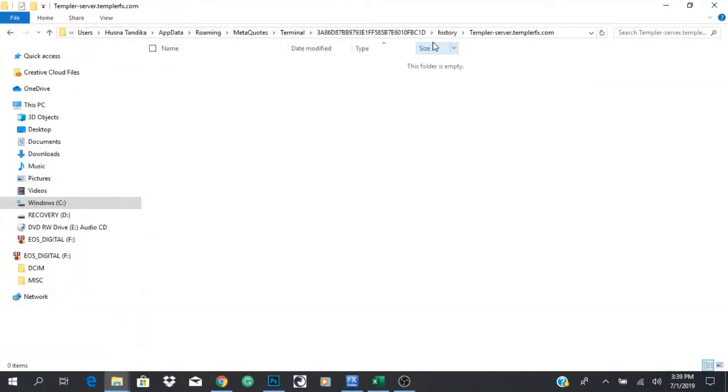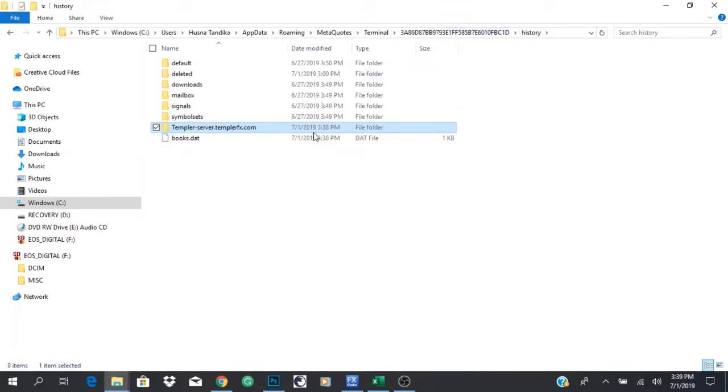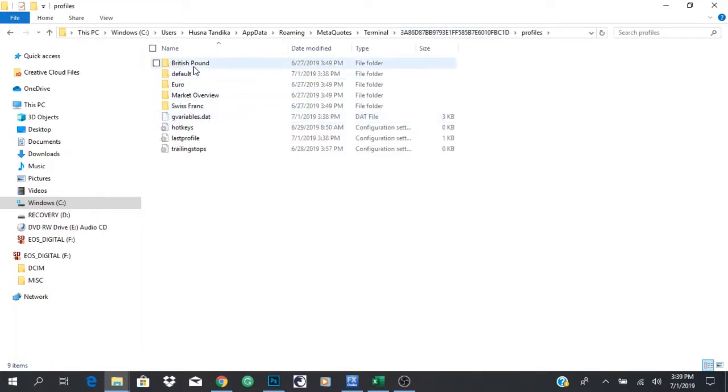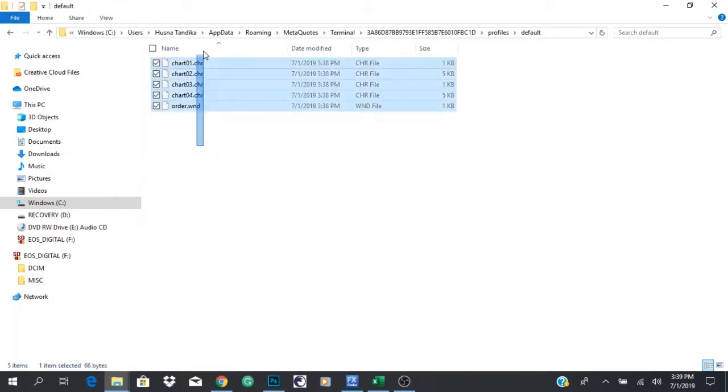Okay, so the history is deleted. If you restart again and there is still an issue of opening your MT4, now you have to delete the profile. So where does the profile sit, or where is the profile result? You come to the profile, and in normal cases your profile is going to be the default. So you come here, and then you delete everything under the default